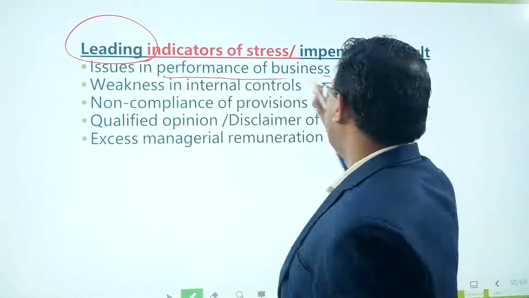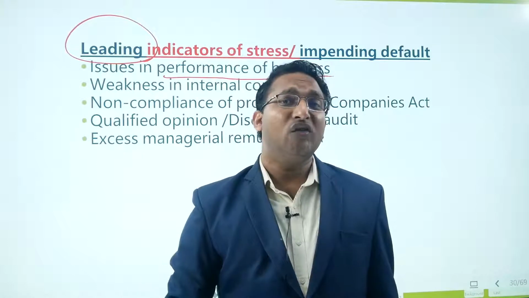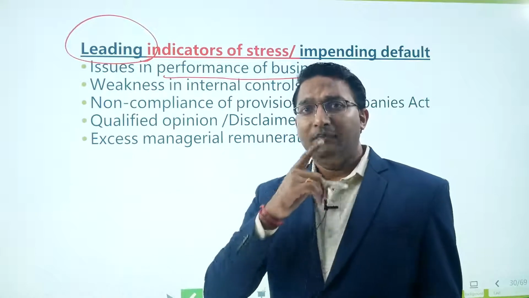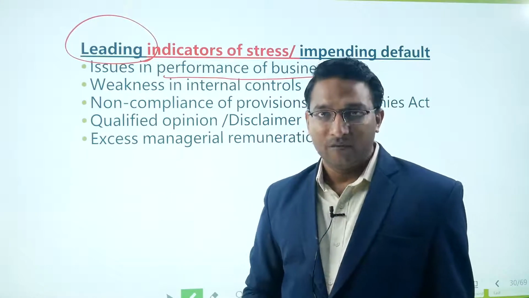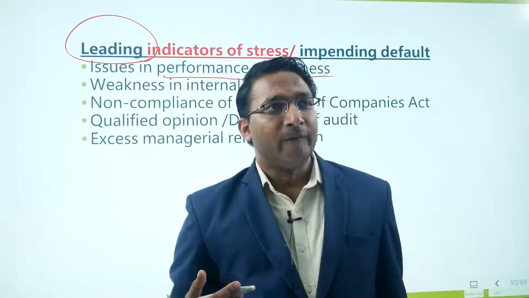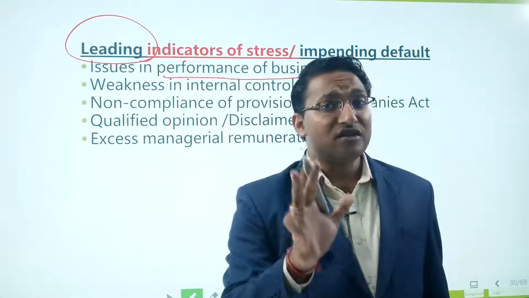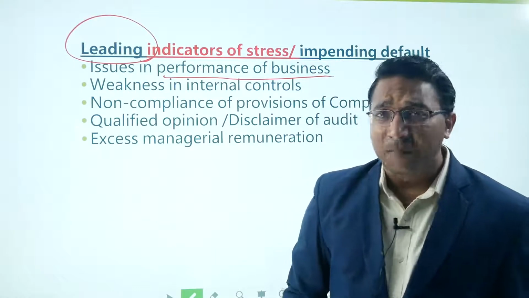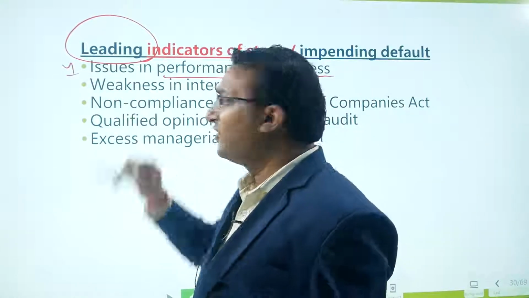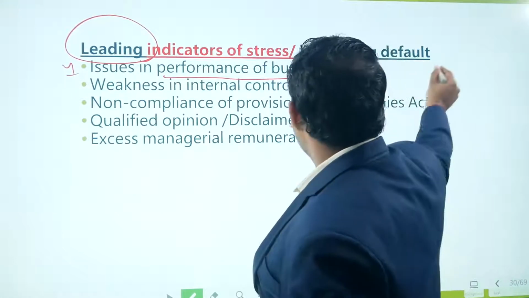If the business is not performing, maybe because the sector is not doing well. For example, the telecom sector nowadays is not doing well. There is a liability of adjusted gross revenue based sharing, and because of that there are certain companies which might default, right? So maybe the business is not doing well because of the government policies, because of the overall global scenario. So some software companies might be facing the problem because of the policy of protectionism which is followed by the developed countries. So maybe the issues in performance of business are coming because of factors which are beyond their control. But still, we need to identify whether the default is going to happen or they are in